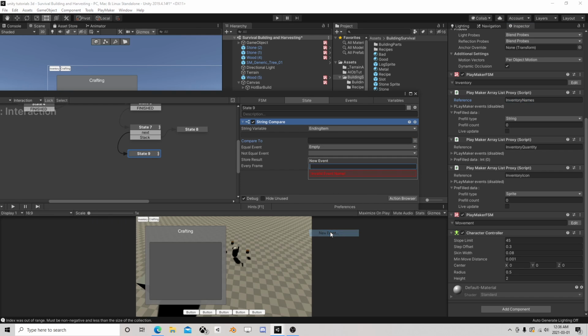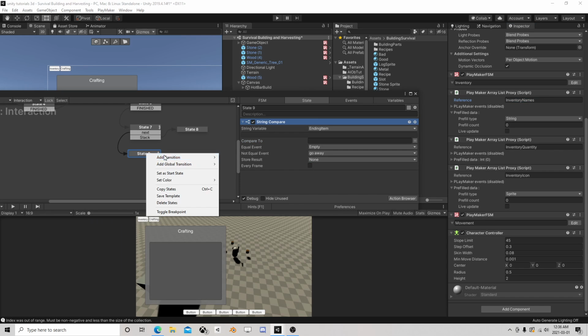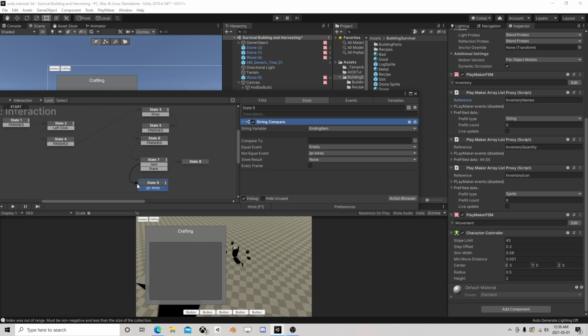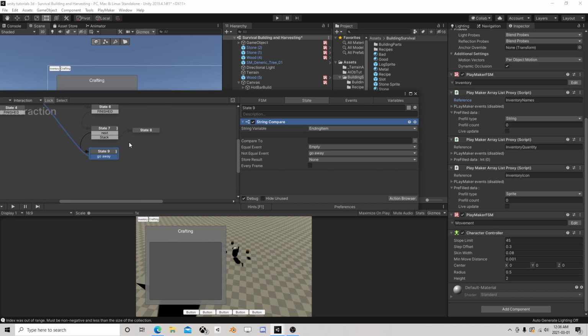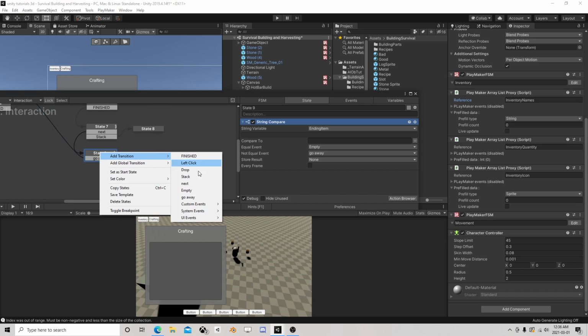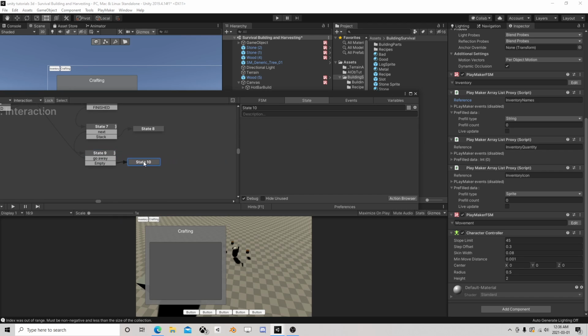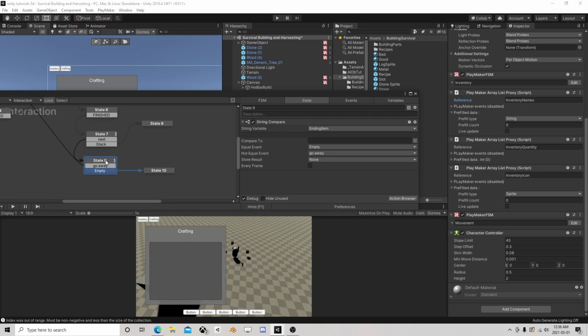If it's not equal, then this can just go away. So if we go away, let's just go back up here and wait for something else to happen. But if it's empty, then we can do something else. So let's start with empty. So if it's empty,